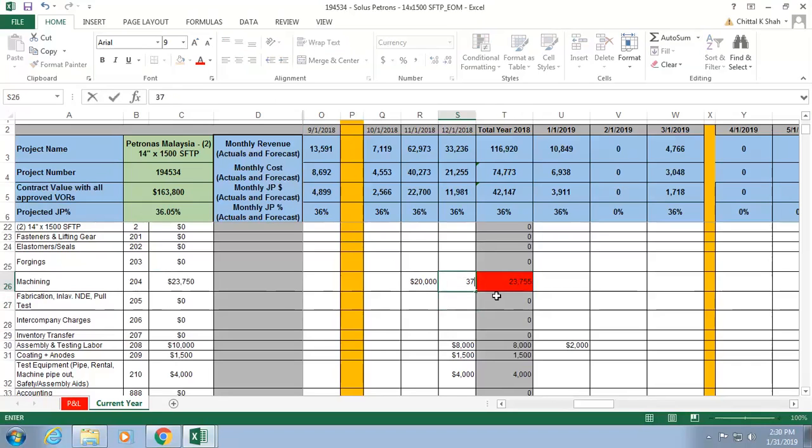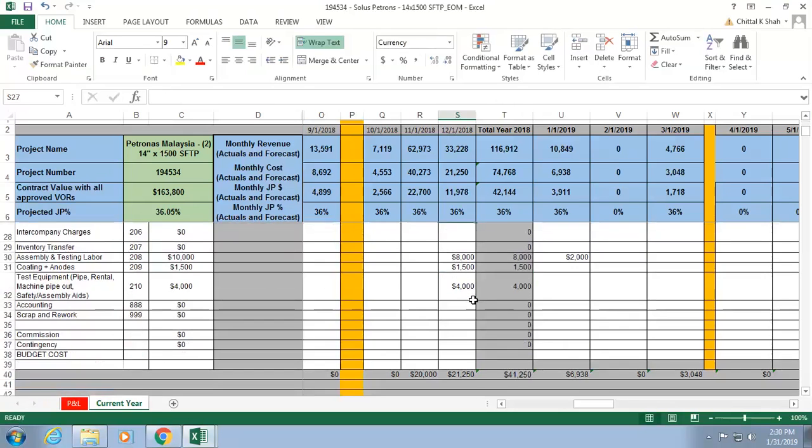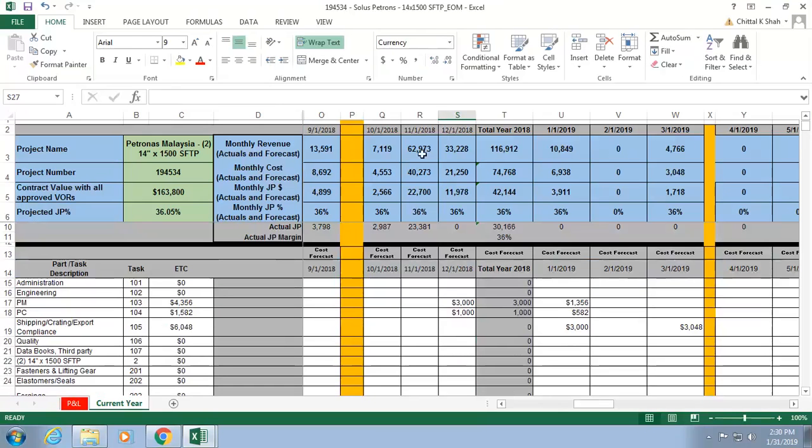So you want to go and correct that. It matches. So all it is doing is saying all the dollars I'm saying in different buckets, how that is spread across different months, right? So you take and spread all that amount across different months, and it takes that value, multiplies it with your JP, takes your cost, so